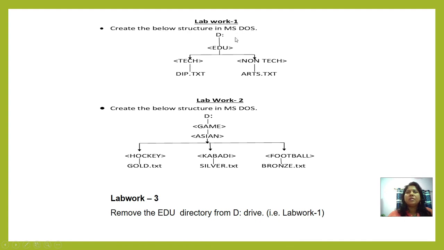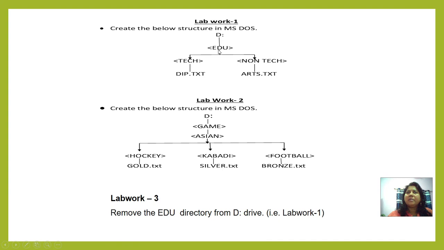On this structure the D drive is there. As you know, you have lots of drives. It may be C, D, E, F, whatever it may be. Always remember to practice on a drive other than C, because the C drive is totally reserved for your Windows operating system. So don't disturb the C drive, go for another drive. It may be D, E, F, or any other. So I start from the D drive. Here the D prompt is there.